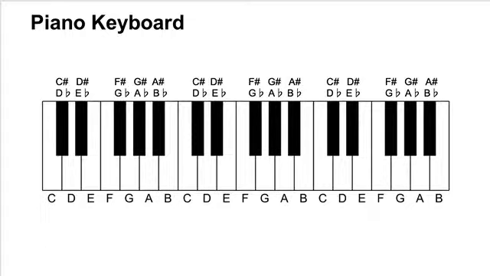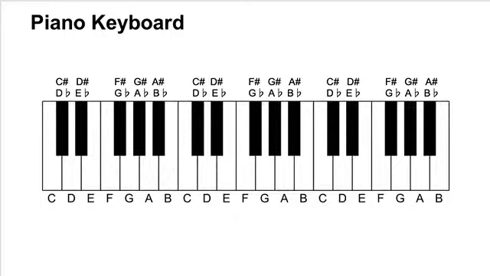The white keys are the natural keys, so they have names that go from A to G, but we typically start and end with C. So the piano just repeats itself, so you go from C to B, and then we start all over again at C. The black keys in between,